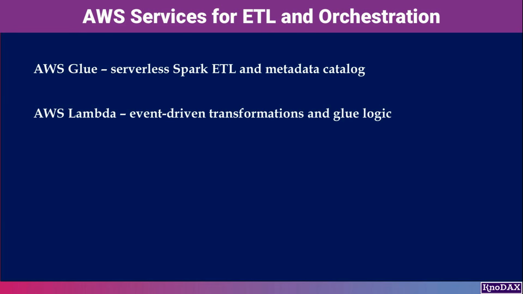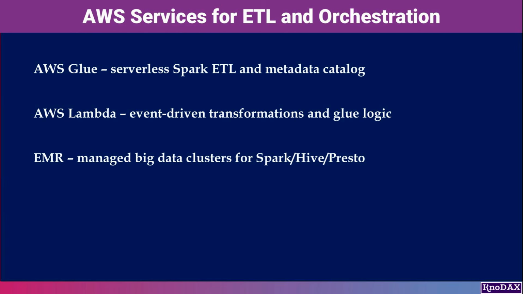Next is AWS Lambda, which plays a key role in event-driven transformations. Lambda is ideal for lightweight processing, enrichment, validation, or glue logic that triggers whenever new files land in S3 or data arrives through an event stream. For larger-scale compute, Amazon EMR provides managed big data clusters optimized for Spark, Hive, Presto, and other analytics frameworks. It gives you far more control over scaling, performance tuning, and distributed workloads when Glue isn't enough or when custom